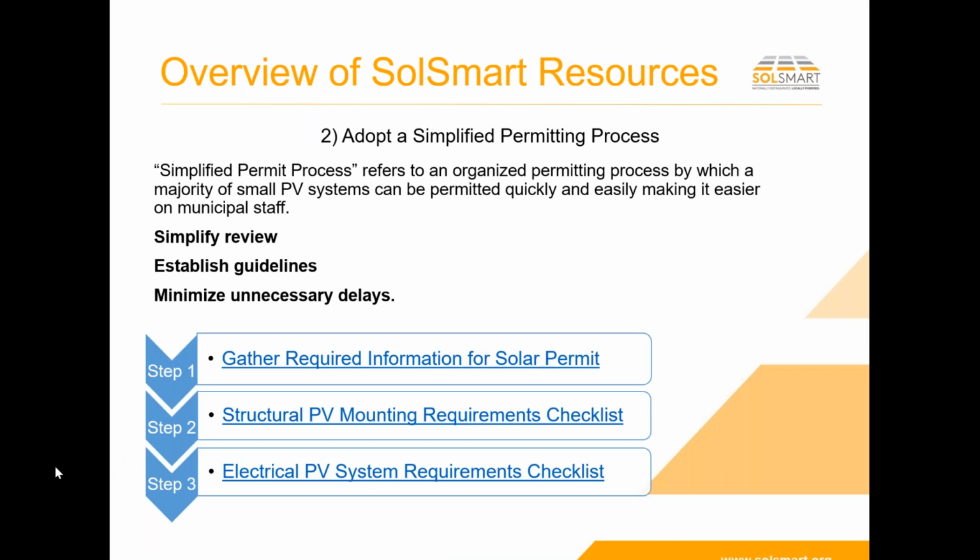And so a simplified permit process, as I walked through before, means a simplified review for those standard systems. Not all systems are the same, and certainly commercial systems, or a system flagged as being outside the range of a typical rooftop system, would not qualify. You can establish clear guidance for installers and others when they're meeting that checklist, and it minimizes unnecessary delays. What we've also seen is that when you have those clear guidelines and checklists, it reduces the administrative churn for a permitting and inspection department, in that you're not getting applications filled with errors. It's clear what you're asking for, so you don't have to spend time reviewing them multiple times, and you can get a better application from the solar installer. And again, you're making sure that these systems are installed in a safe way, up to code, by the right folks. If they check those boxes, there's a way